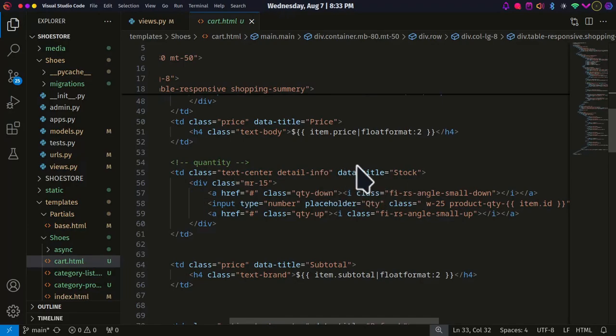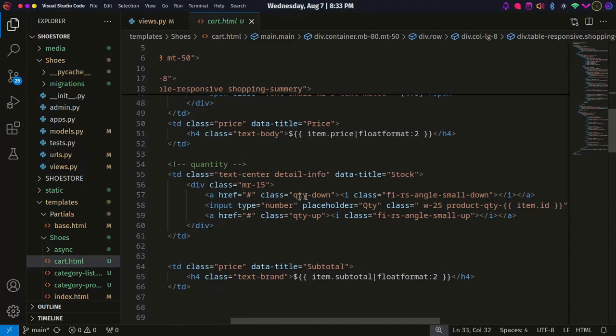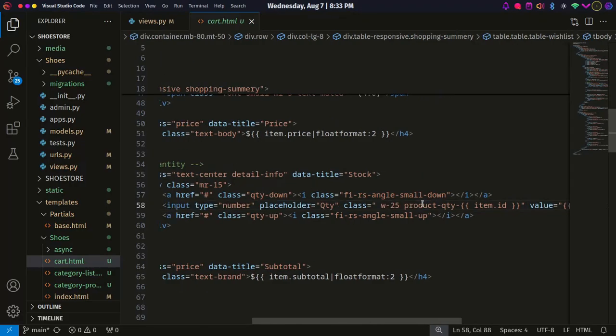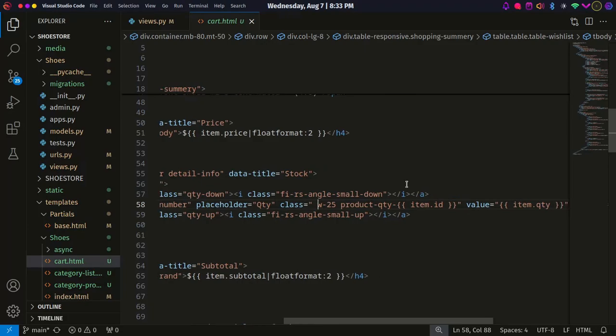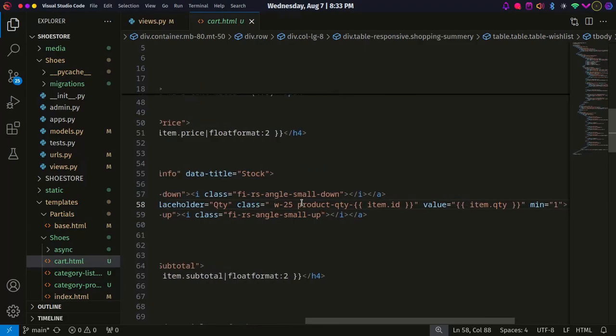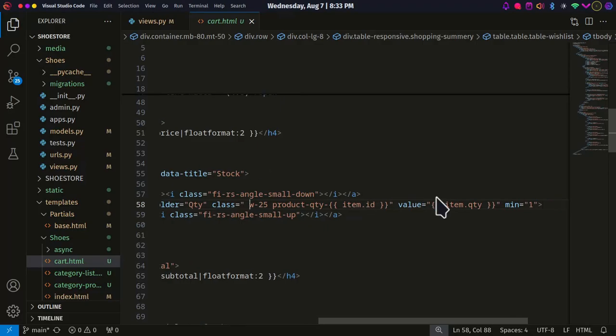The most important part here is this input type. Input type, make sure that it's a number. You can have a placeholder if you want to. Then on class, make sure you include this part of the class. Product quantity slash, make sure you include item ID because we want to get the quantity of this item ID. And then the value is the quantity. So it's item.quantity,